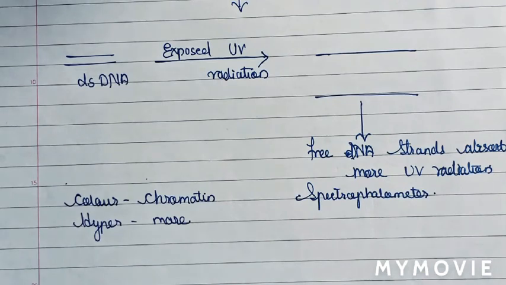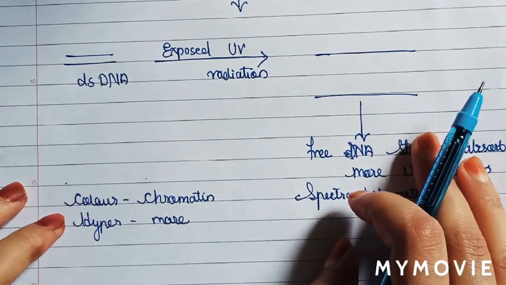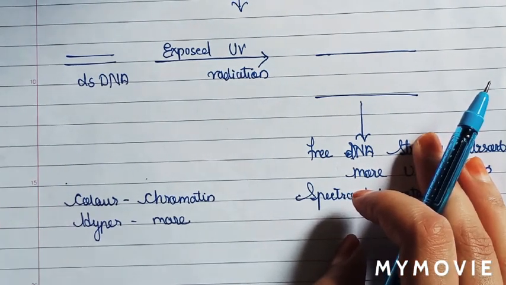Now in this video we have seen the base pairing rule, Chargaff's rule, the types of DNA on the basis of their functions, that is trophic DNA and genetic DNA, as well as the types of DNA on the basis of the number of base pairs per turn and the coiling. And we have seen some important concepts such as the hyperchromatic effect of DNA, palindromic sequence of DNA, and denaturation and renaturation of DNA.